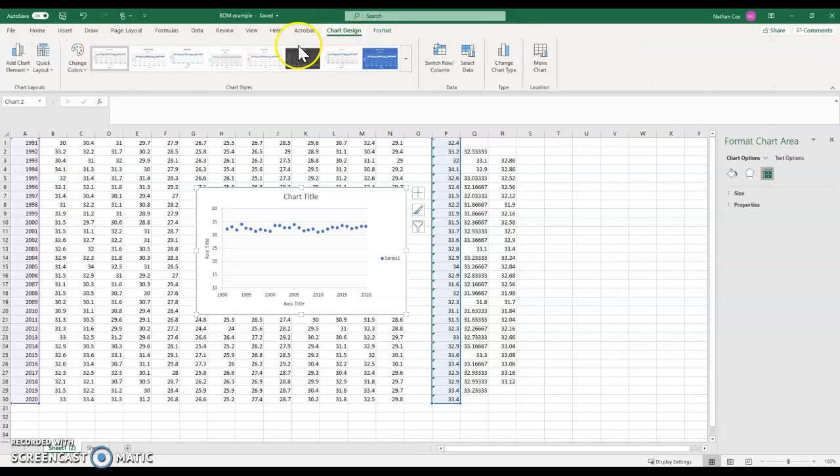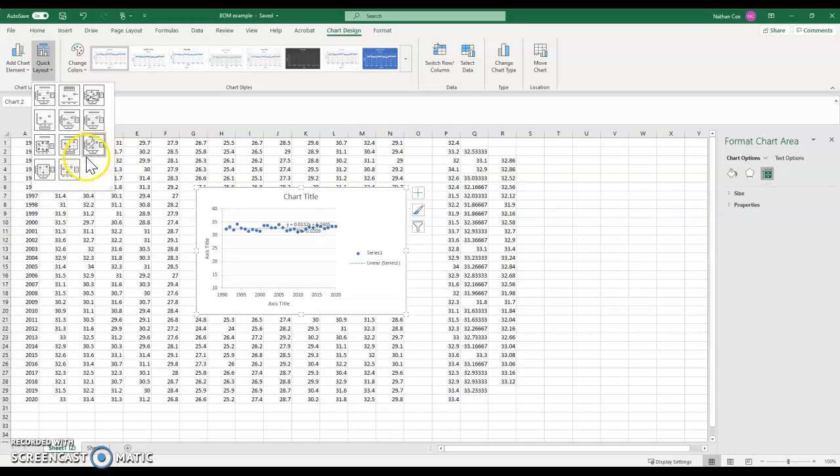Okay, so if I select my chart, which I've done there, I want to go up to chart design at the top here. And the easiest way, if you've got this as a scatter graph, when you click on this quick layout, you should have information over to the side where you can see, when I hover over that, it changes what our graph looks like. It adds in a little blue dotted line and then some writing that's a bit covered up there. So if I click on that,